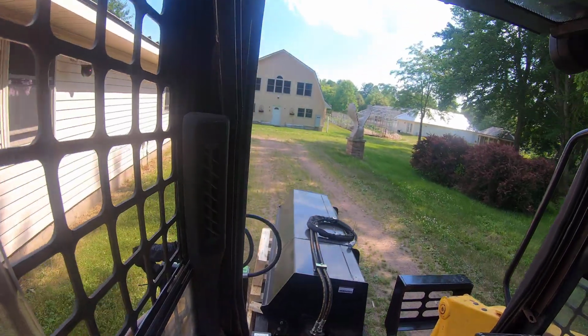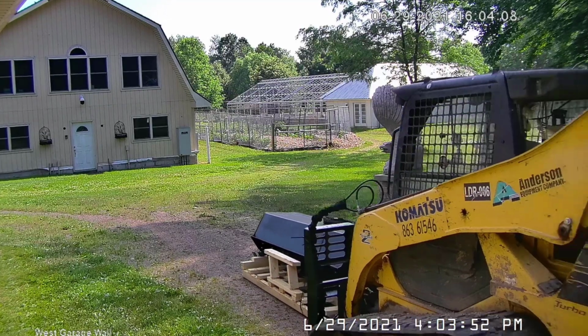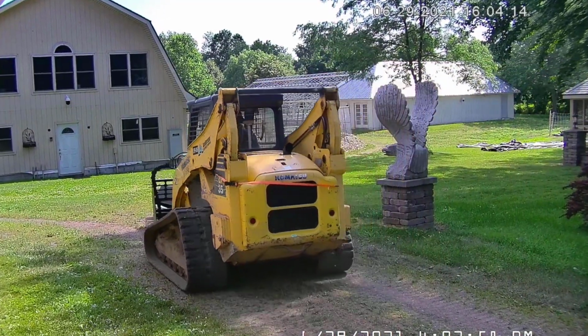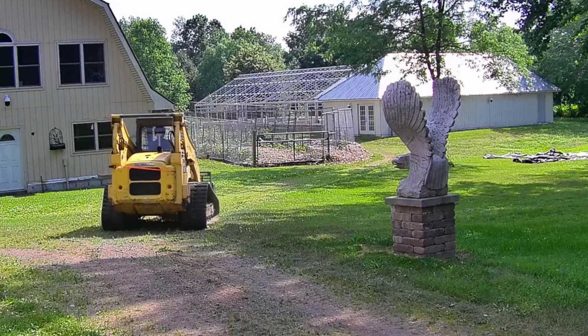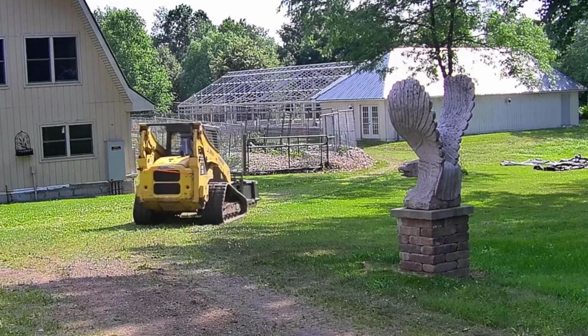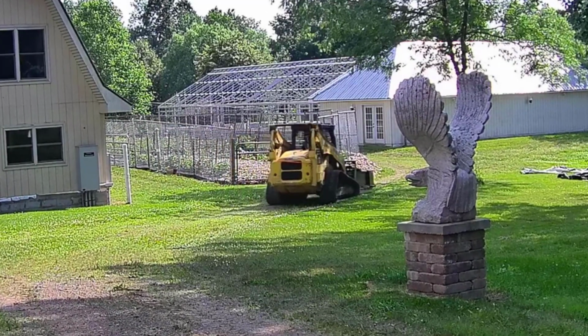So I'm just documenting everything from all the cameras, or at least from some of the cameras on the property, and in the track loader as well through the process. So this is yesterday, as I said, coming down. This is 3 times normal speed what I'm showing, so I'm going super slow and almost dragging this